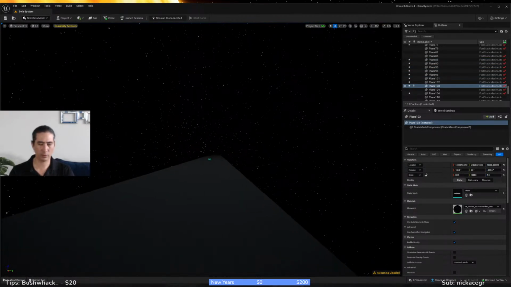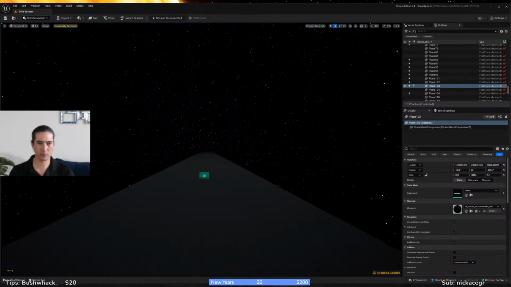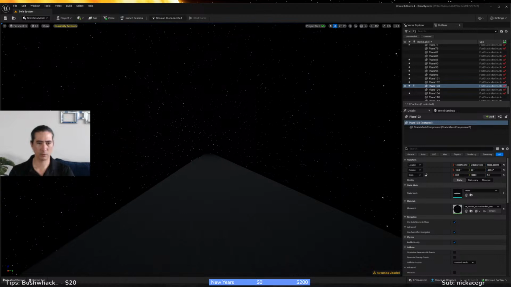Add 450 there. This looks like Neptune. A little while longer, we'll get to Pluto.